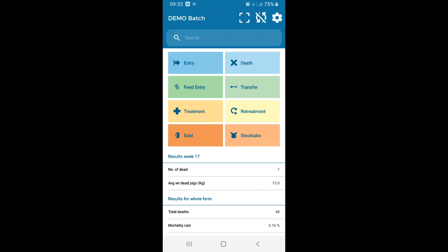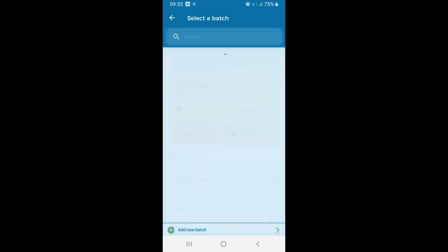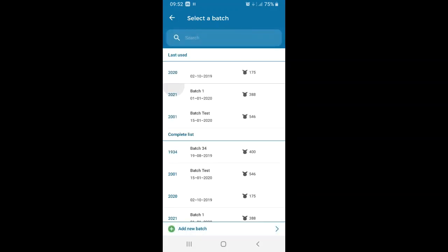At the bottom here you can also see the results in terms of mortality, number of deads, and also the overall mortality rate. So in terms of data input, if we wanted to enter a death, we would click on or tap on the death option. Okay, and it then asks you to select either a batch or a location depending on whether you're continuous flow or batch production. We want to register a death against batch 2021, as you can see highlighted here. At the moment there are 388 animals in there, and the batch started on the 1st of the 1st. So we're going to tap 2021,